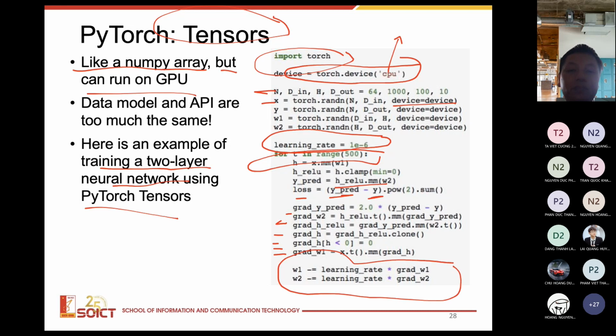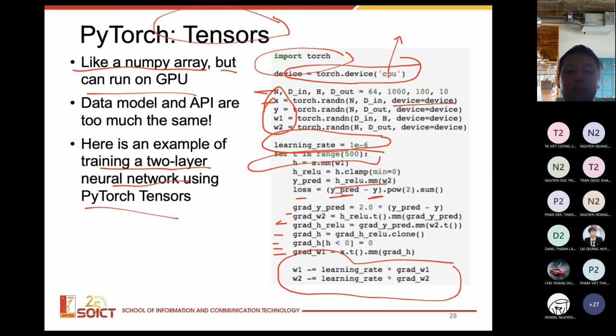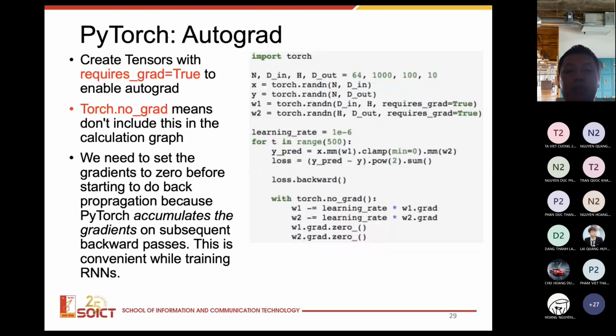Okay, so this is an introduction to the tensor. Here you have the X, Y, W1, W2. They are tensors, so they are aligned to NumPy arrays, but they can run on GPU, right? And if you want to run with the GPU, you can just change the device to be CUDA. Okay, so now we have an example of auto